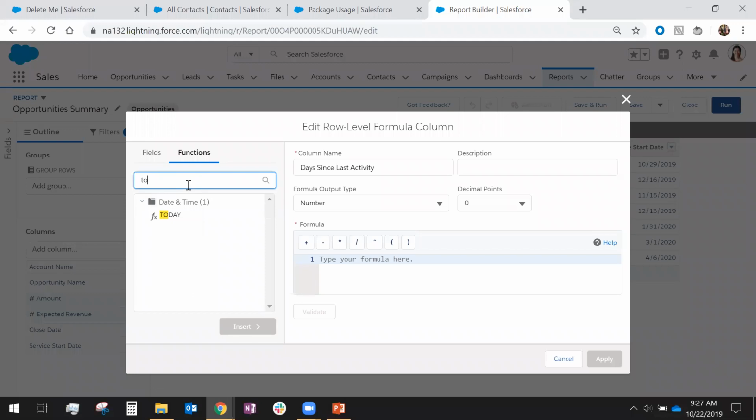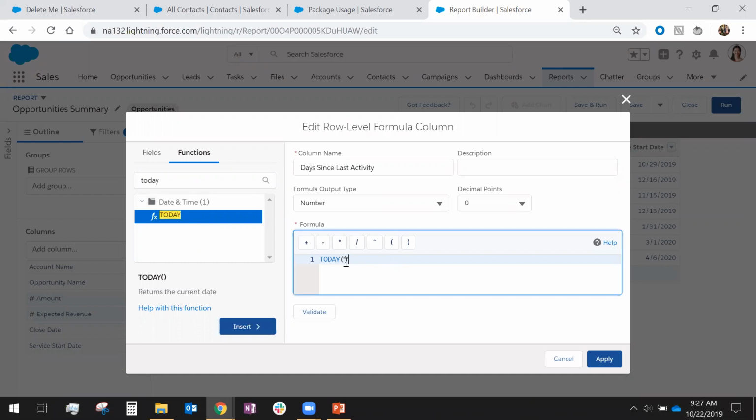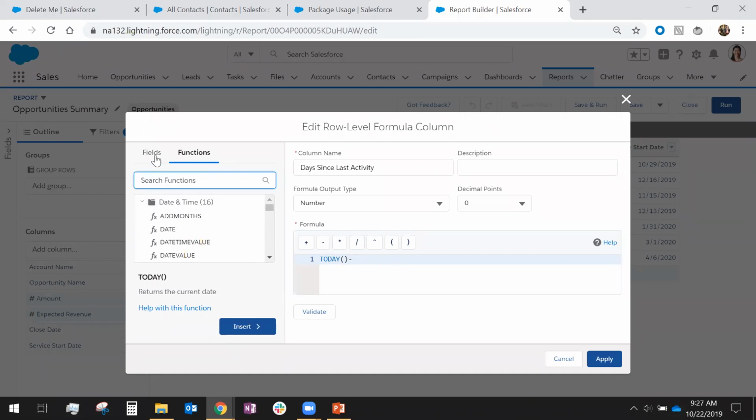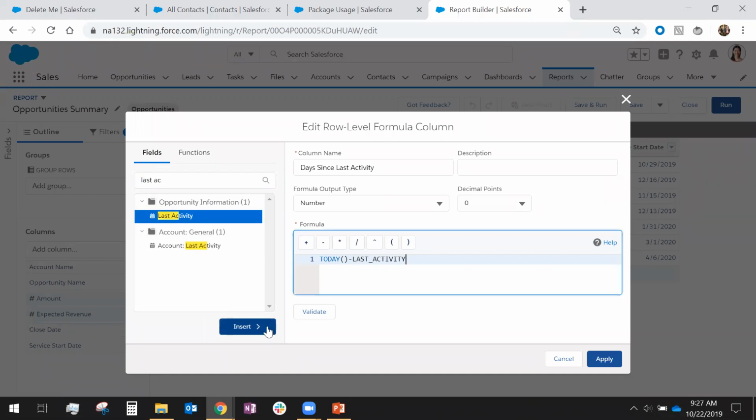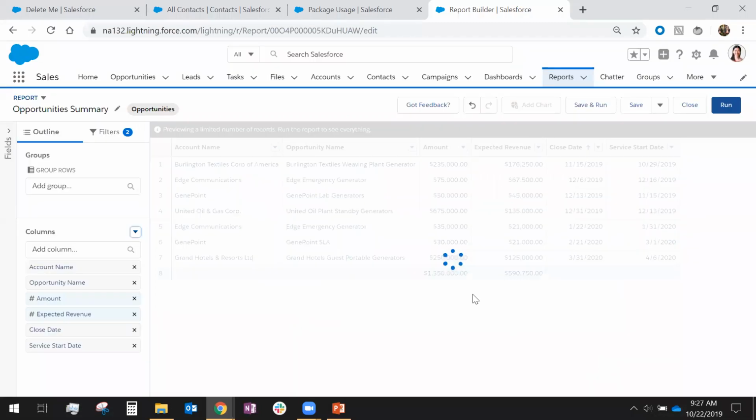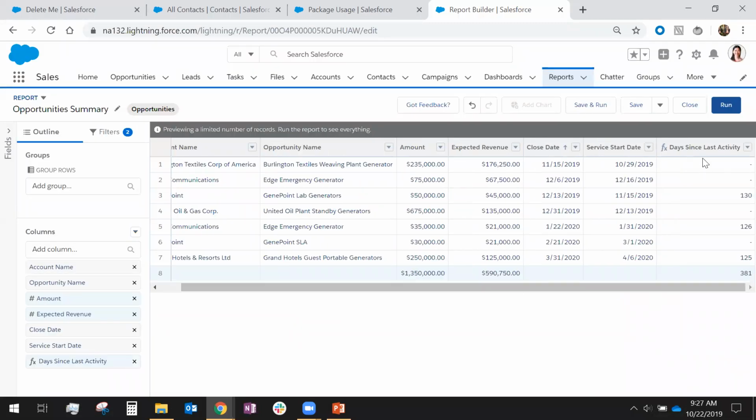Actually, that's not a field, that's a function. Today, and I'm going to insert this, minus, and I want the last activity date. Insert, and I'm going to just validate that. It's valid, awesome. So my formula is going to work, and I'm going to go ahead and apply that to the report. You can see that now Salesforce has just added this column for this formula field,